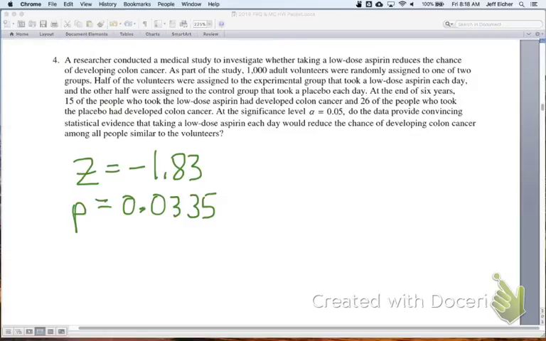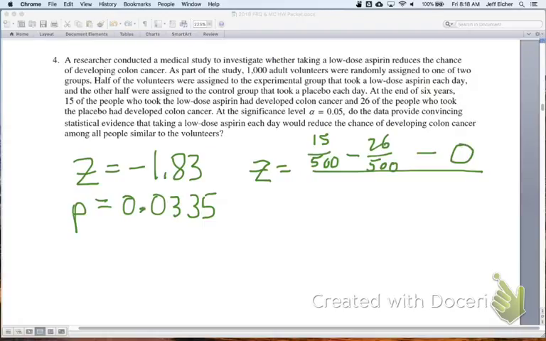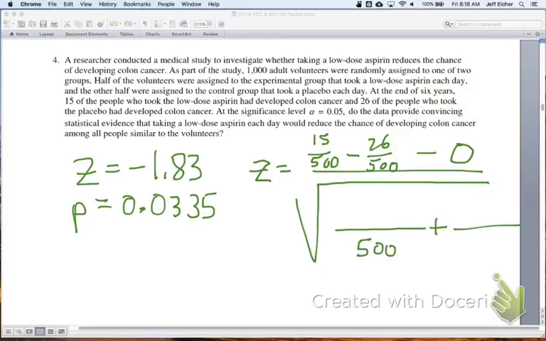Now, where did that come from? Here's the formula, probably the most dangerous formula to include, but kudos to you if you tried to include the formula. Our test statistic formula is our statistic, which was 15 over 500 minus 26 over 500, that was that negative 11 over 500, minus our null hypothesis, which is 0, over the square root, 500 here, 500 here. The numerator, however, is not 15 over 500 times 85 over 500. We would need to do the combined